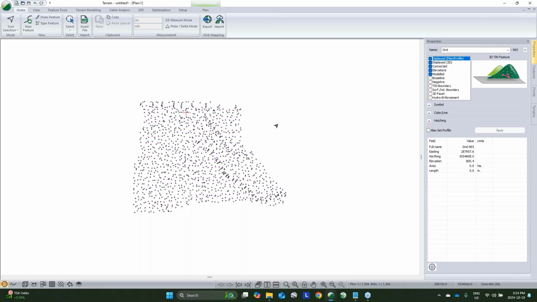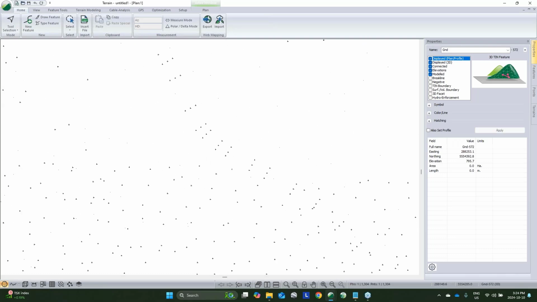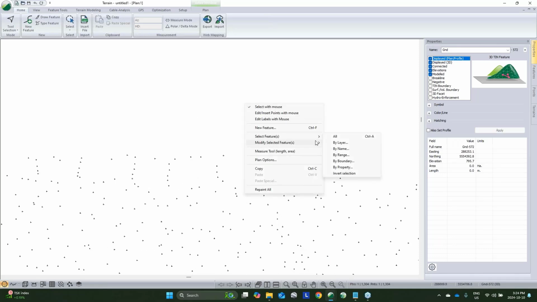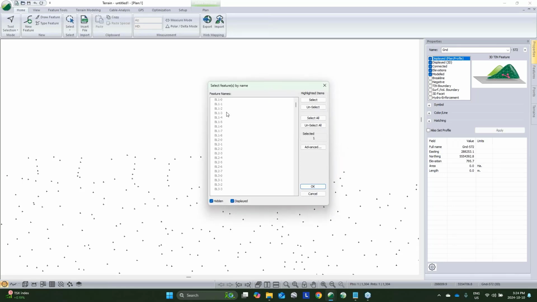Now we can still click along here. We can see what those different features are called out, but they're all getting the same symbol. They're all brought in as points, and we'd have to connect the dots, which really isn't all that bad. We could right click by name, and if I want to select all my centerline points, I can scroll down here,